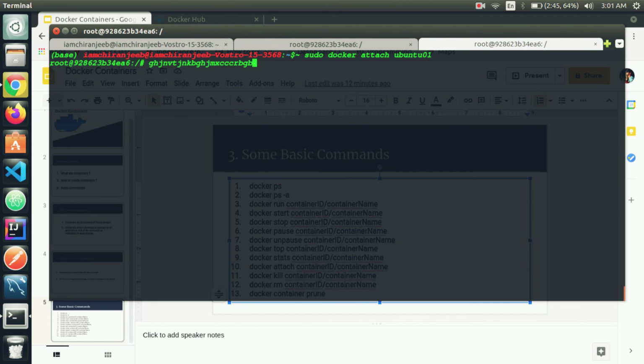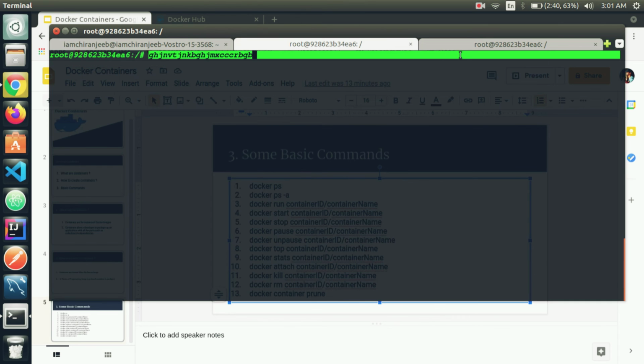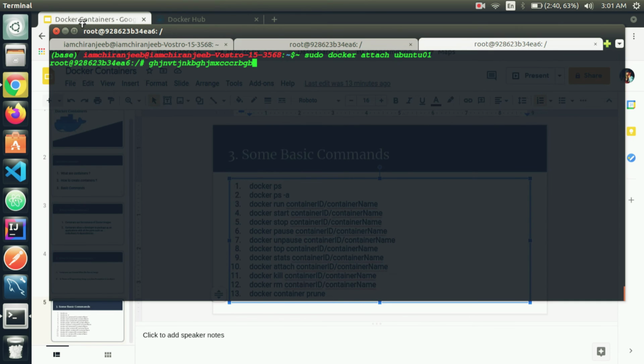So it has been executed successfully, and it has been attached. That means the container has been attached. See, whatever is written here, that has also been written here when I executed the attach command.